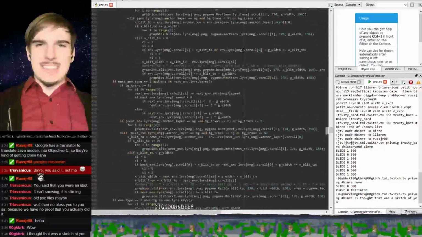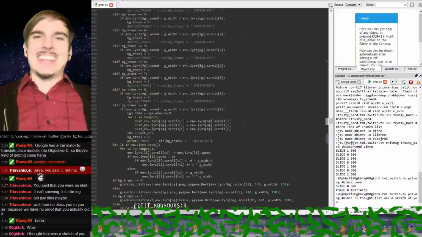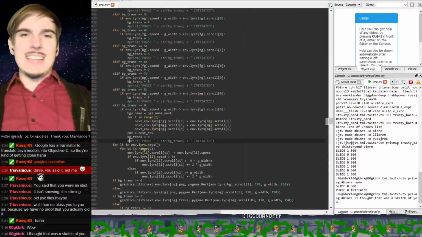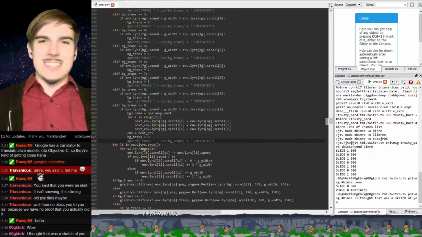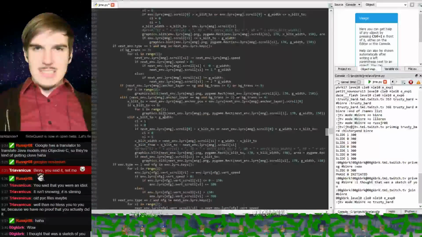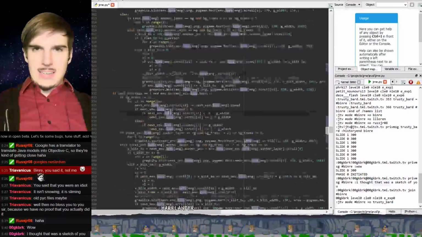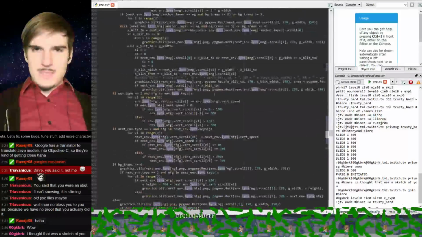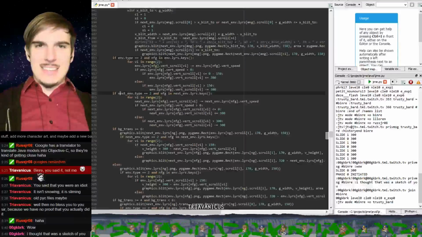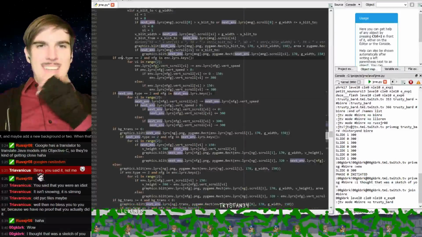It has nothing to do with anything I just said. It does have to do with phase. It does only occur in phase 0, but it has nothing to do with the things that I just said. That's because, where is that? I have this written twice because it does it differently for the environment and the next environment.